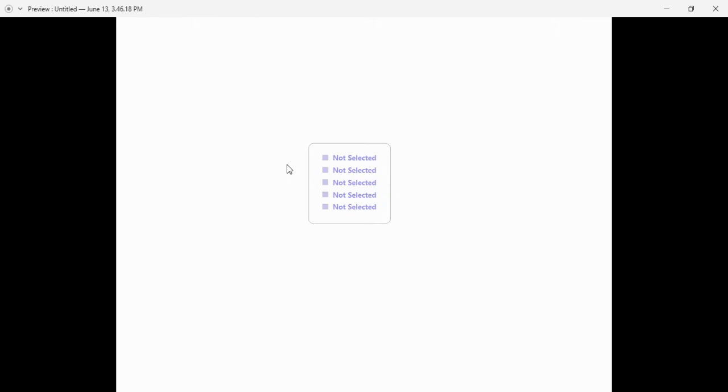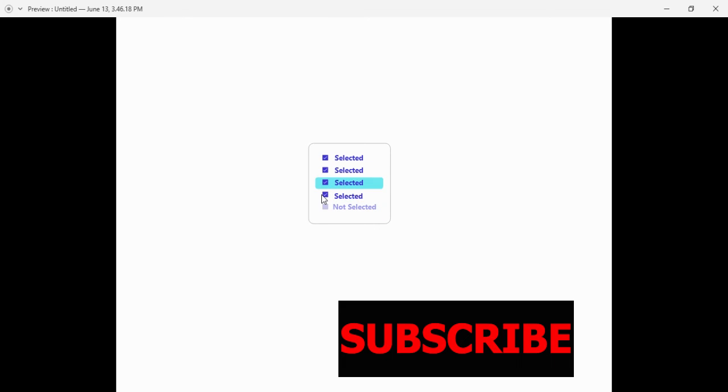So I'm on the preview right now. So to see what we just created, you can see the over effect once I place the mouse on each item. So you can see. So now I can select, select, select, select, and select. So you can deselect,